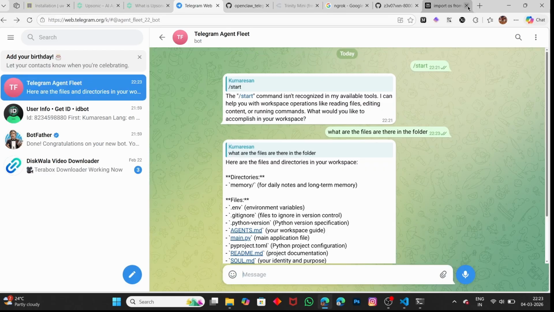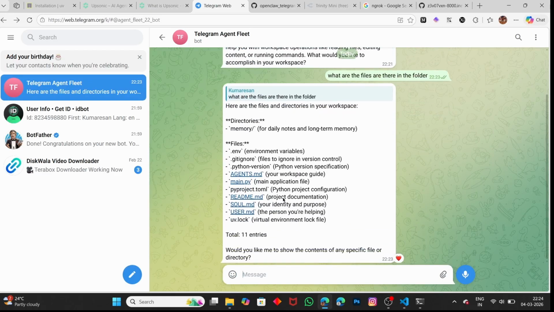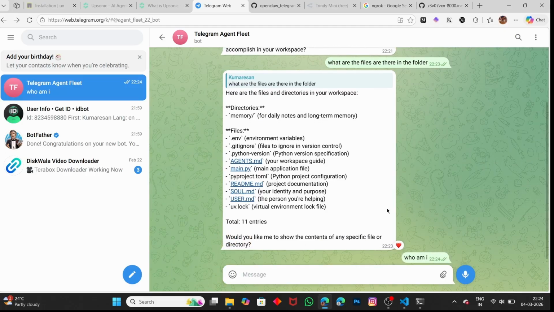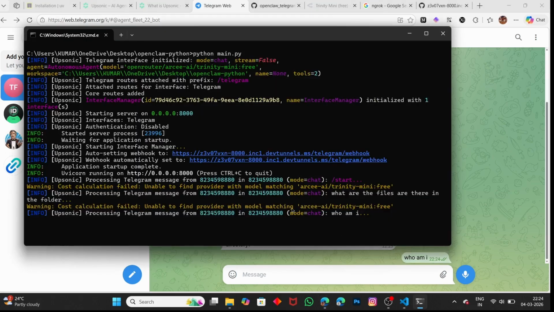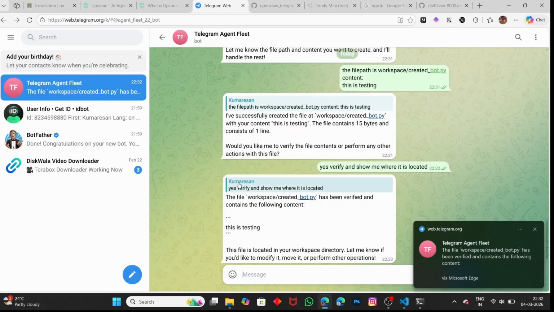Not only can this Telegram AI agent answer your prompts, it can also access the local file system. Consider I am asking it to list all the files in the project folder. You can see it gives us the list of the files that are available. And the cool thing is that it has write and delete operations. Consider I am asking it to create a Python file and put some text inside it, and it will create